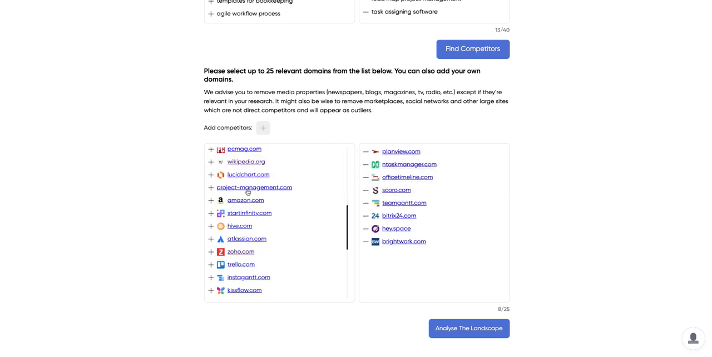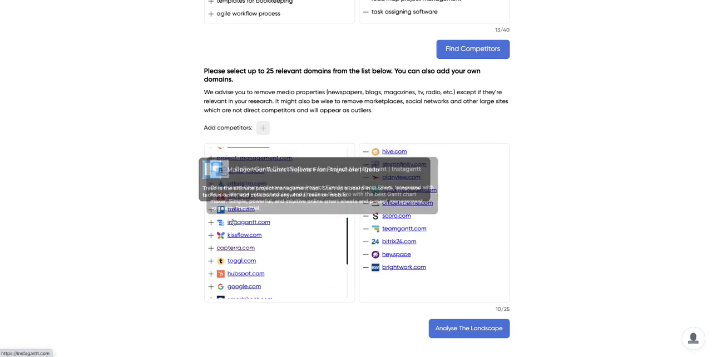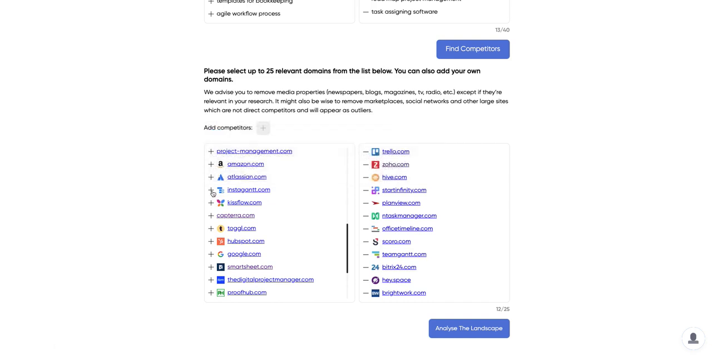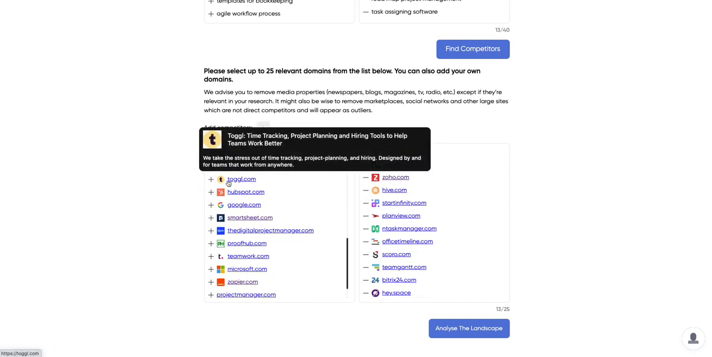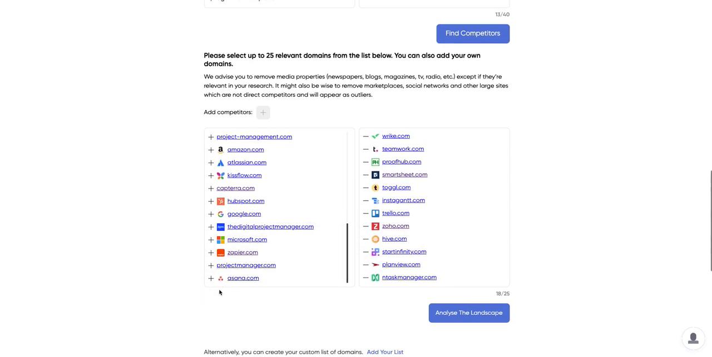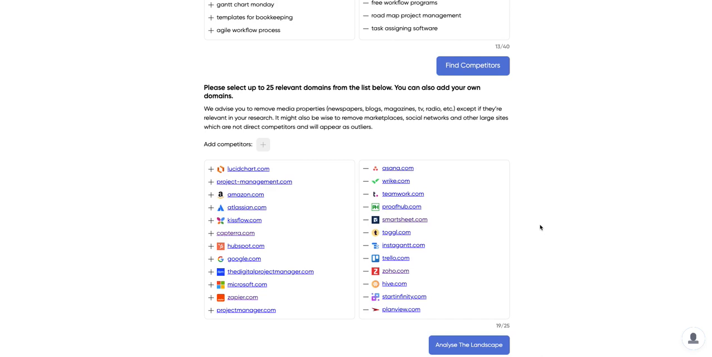This one we can take it. We can take, yes, Startfinity, Hive.com, Zoho, why not, Trello, Instagram, yes. Yeah, Toggl, it's time tracking, but we can take it. Smartsheet, project planning, that's fine. Teamwork, project management, right. Asana, so we have 19 domains here, plus the two that are the roots of this